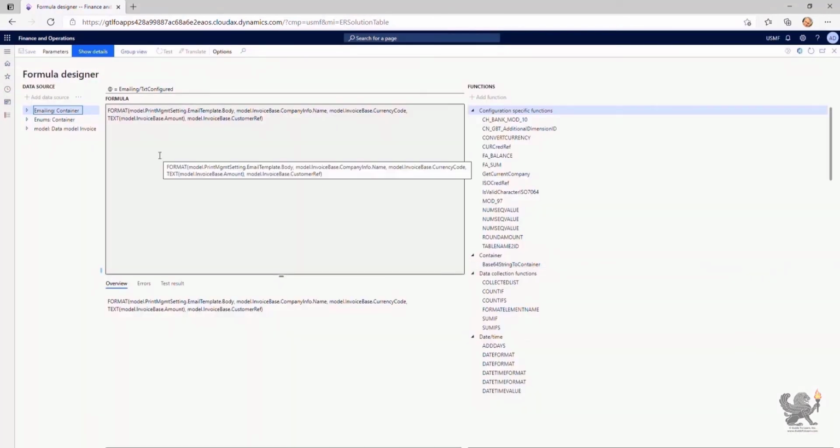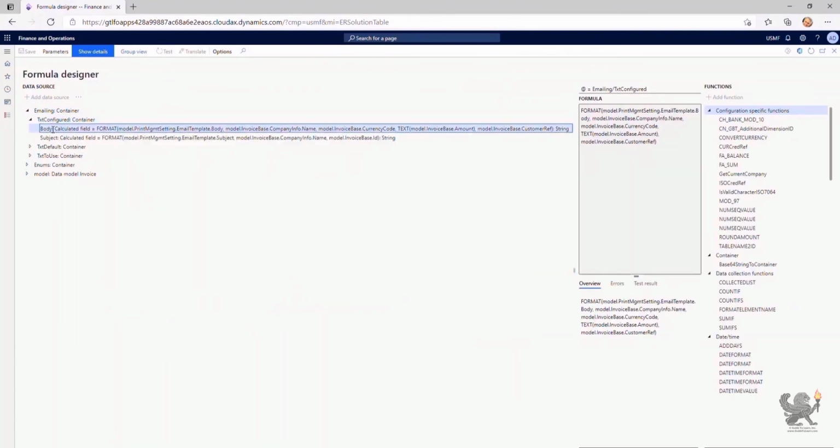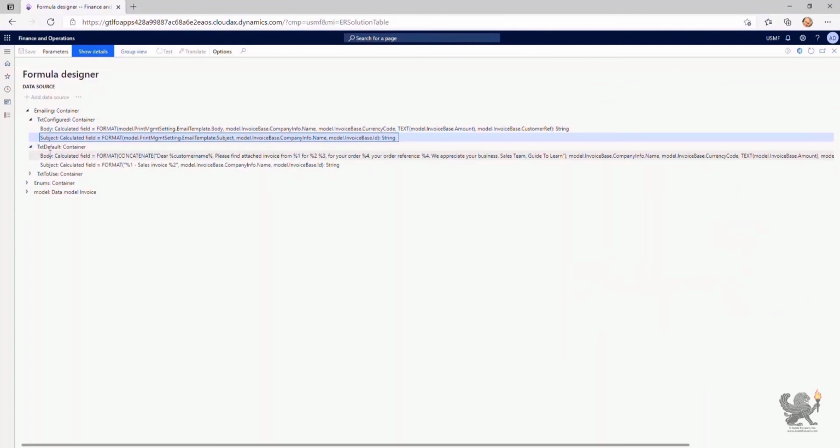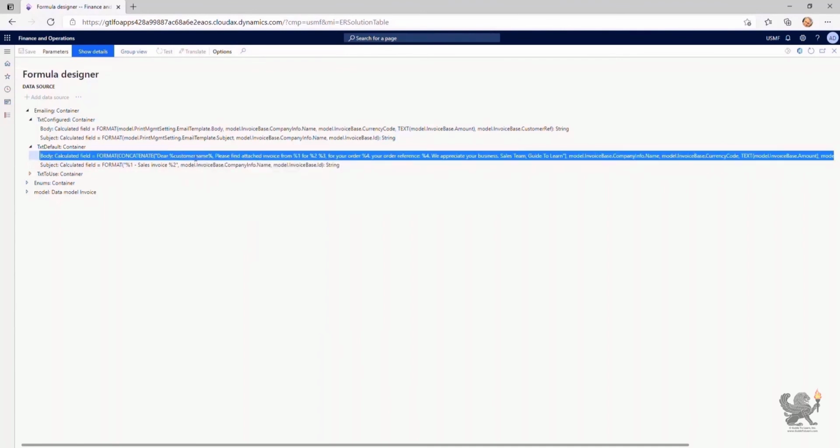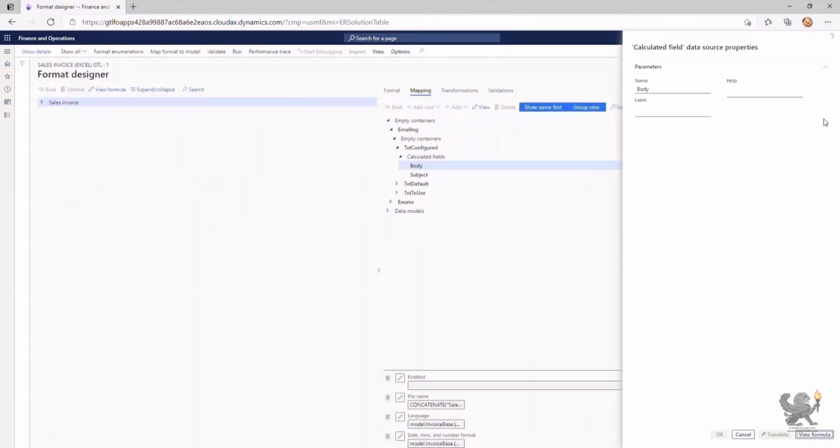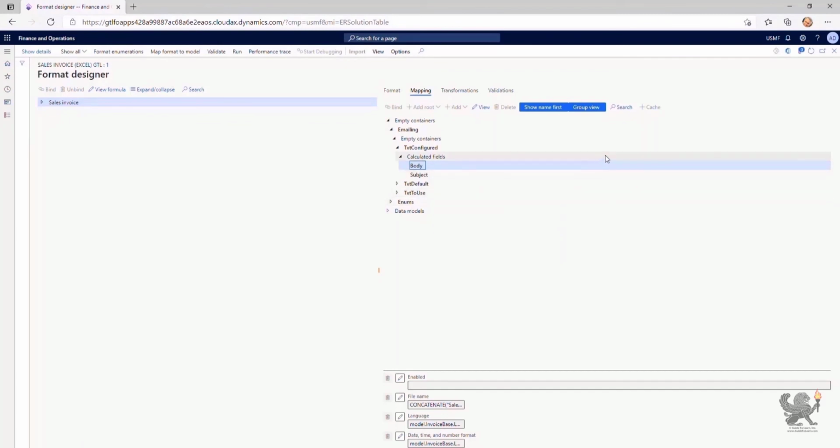I expand Emailing, select the body which has the calculated field with the print management email template body, and select the subject which shows the print management subject. I do the same for the text default container. As you notice, I have a body that includes %customer name%. That was indeed the parameter that was not replaced with the name of the customer, which needs to be resolved. Since I know where the problem is, I close the form, cancel the dialog box, close the format designer, and